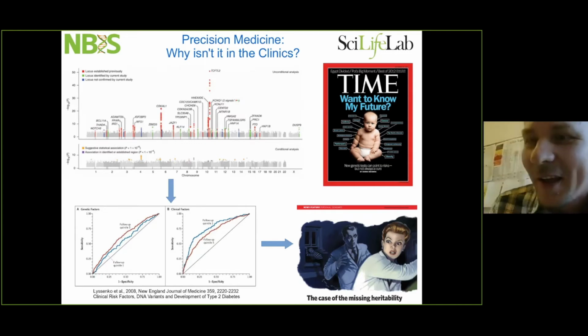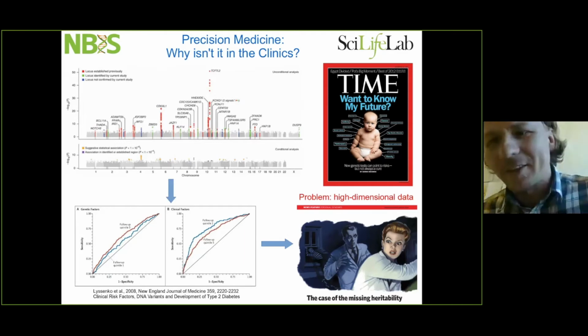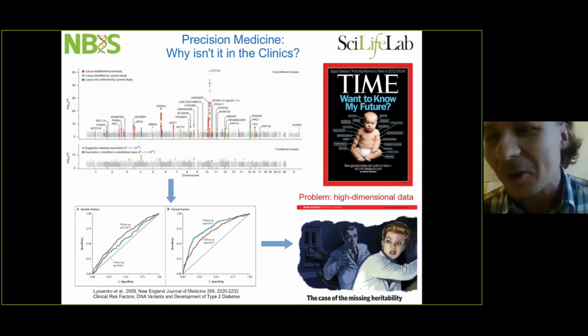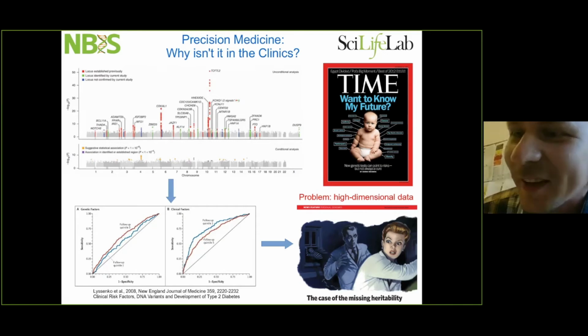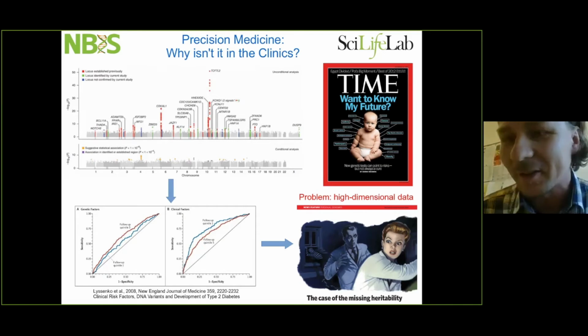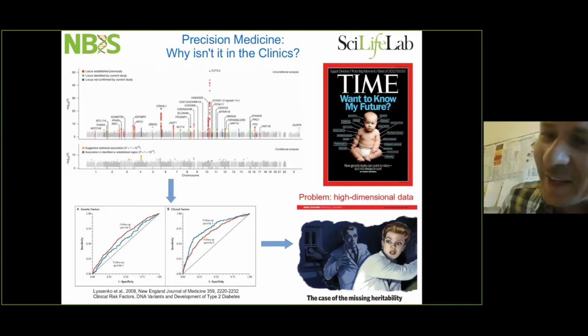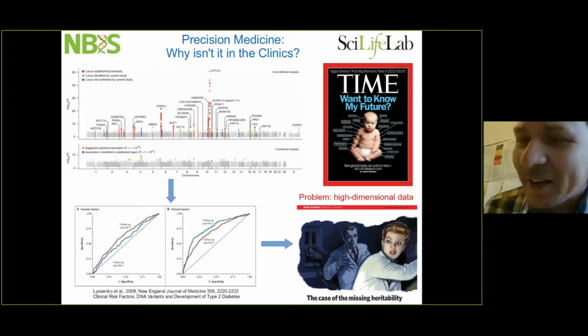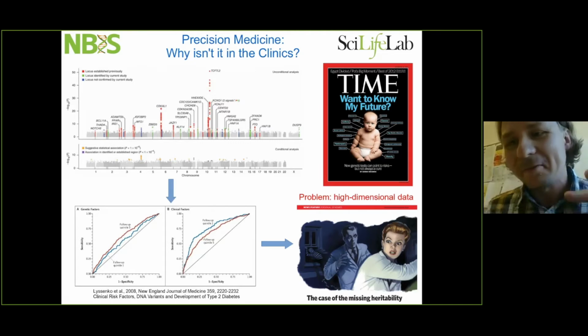What's the problem here? The problem is that the genetic variation data, genomics data, is high dimensional data. There are certainly multiple problems, but one of the computational problems, which I, as a computational person, have some competence to talk about, is that genetic variation data is high dimensional data, which was already mentioned by Patrick, and he said that a few thousand dimensions is high dimensional data. To give you a comparison, in genetic variation data we are talking about tens of millions of dimensions, and this is kind of hidden a little bit.